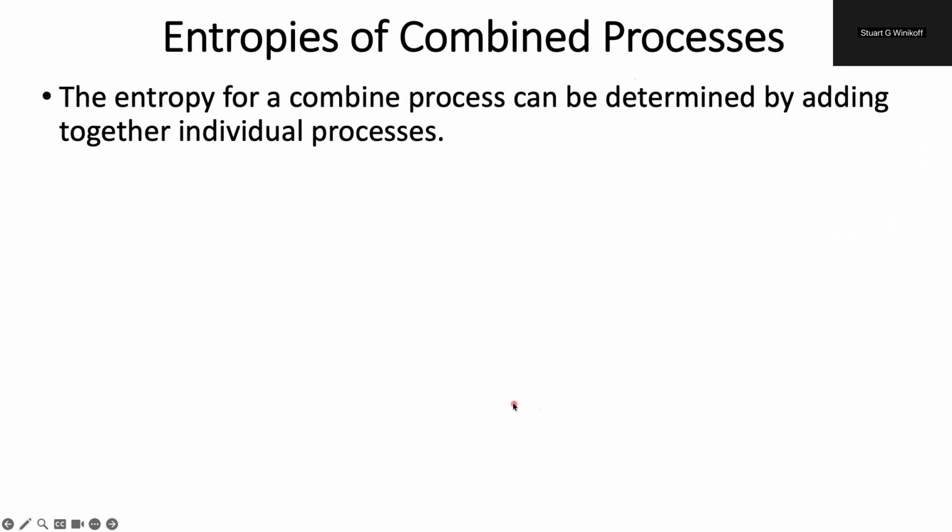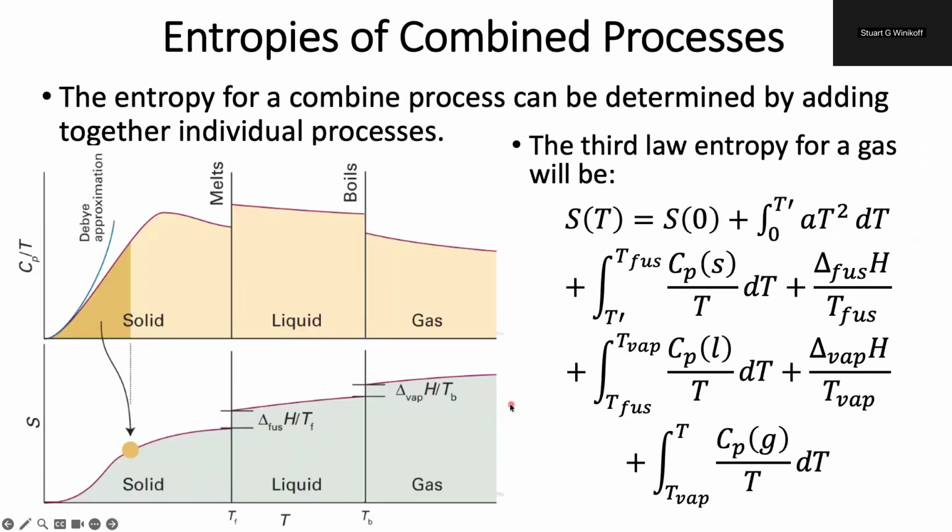And so you can use this to combine with our normal entropy differences to figure out the absolute entropy of a substance. So instead of figuring out the entropy difference from some T1 all the way up to a final temperature, we can figure out the total entropy, or the third law entropy, also known as the absolute entropy